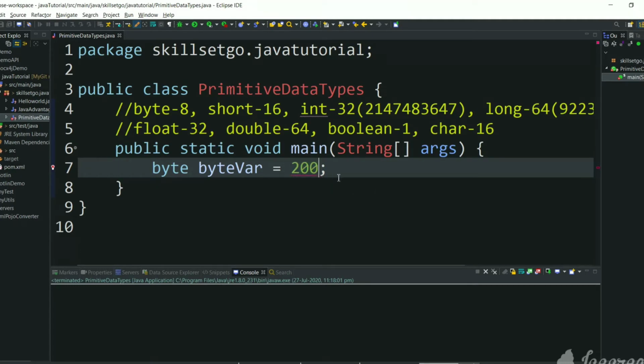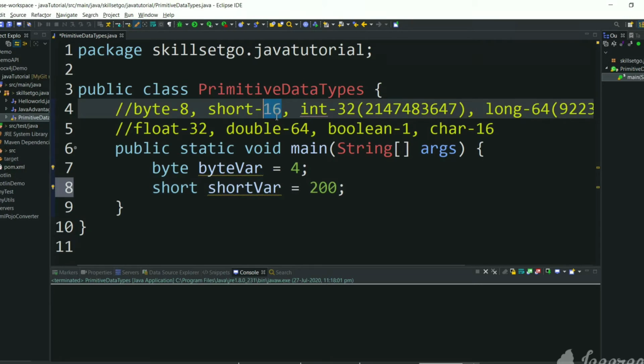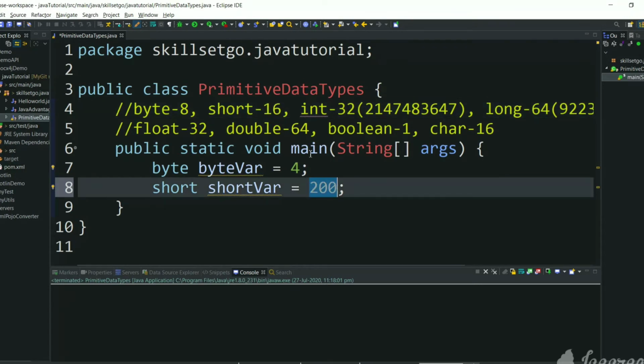That's why we are getting an error. Let's assign 4 and go to short. Short variable equal to 200. Now we are not getting an error because short is 16 bits of memory, so 200 can fit into that memory. And let's go to int.